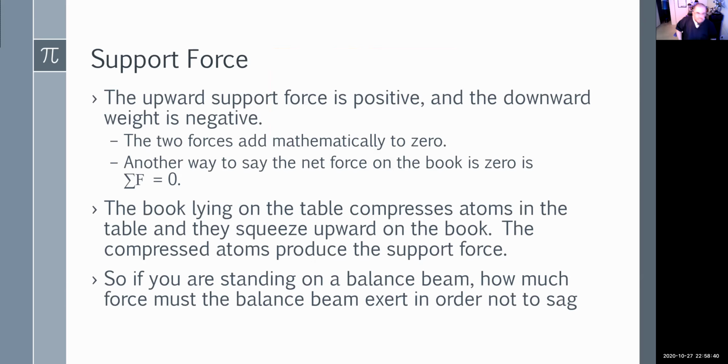Now, for whatever reason, if that force, that beam, suddenly decides to exert greater than your body weight, it's going to throw you up. Think of the idea of a trampoline, right? If you just walk onto a trampoline and stand on it and get balanced, it's just going to sit there, right? You start jumping on it. What happens is your force coming down starts causing that elasticity of that trampoline